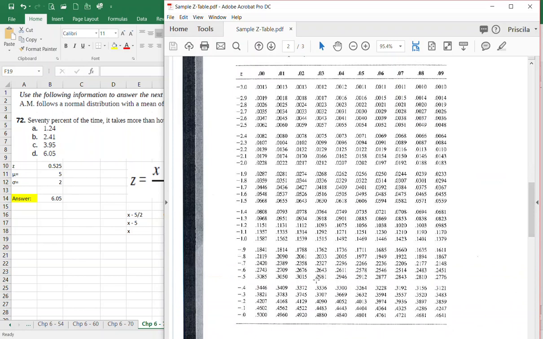If I average these two, I'm going to get minus 0.525. Okay, again, minus 0.5, and then I'm averaging the 0.02 and 0.03 to get 0.025. So right here, when I average these two, I'm going to get about 30%, which is exactly what I want,